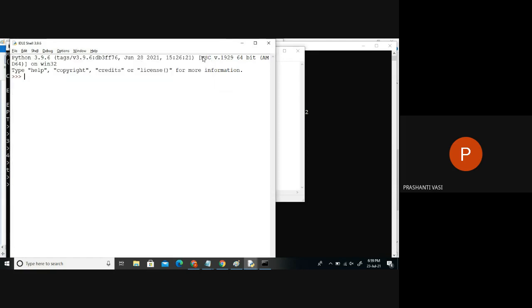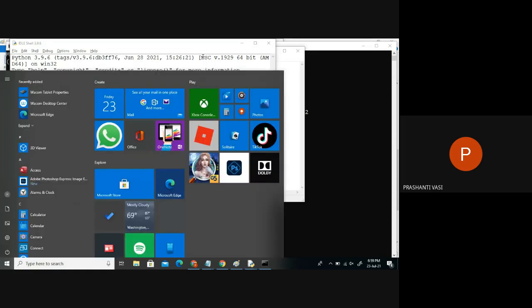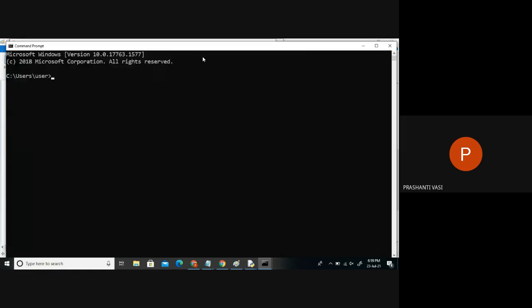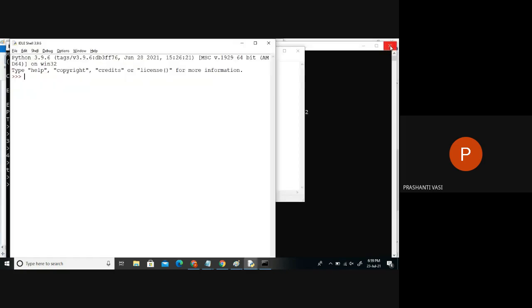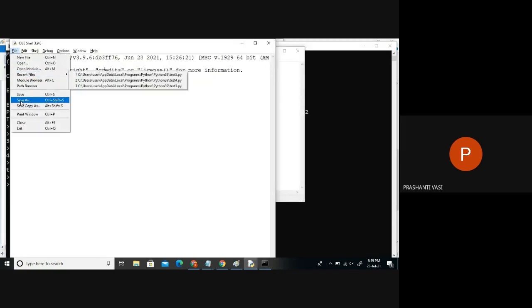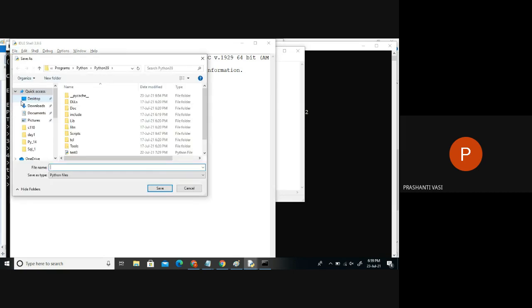Okay. But your shell, just like the command prompt, when I open a command prompt, it is in some drive. Which drive is it in? C drive. DOS command, always it is in the same drive. Similarly, when I open the Python shell also, it opens in a default path. What is the default path of Python IDLE? The Python location. It's not opening in the E drive at all. It's opening in the C drive. Right? Is my program saved in the C drive or the E drive?